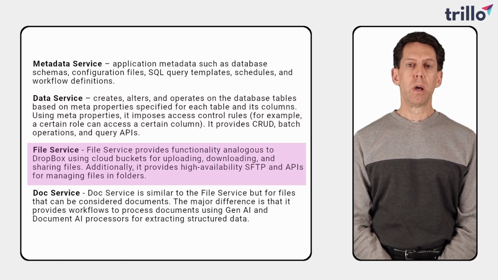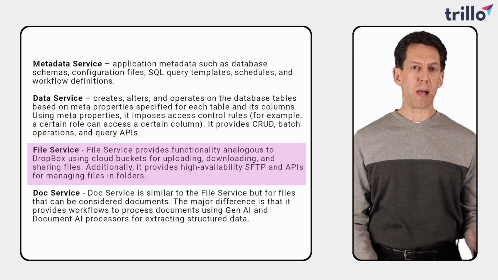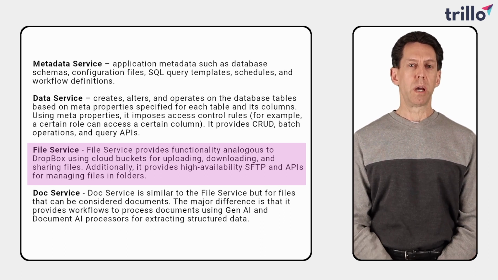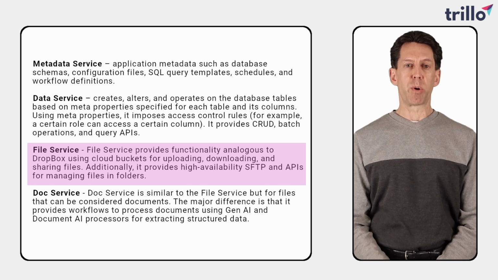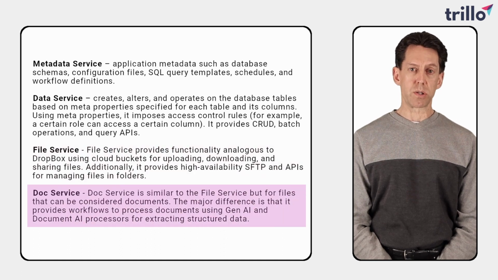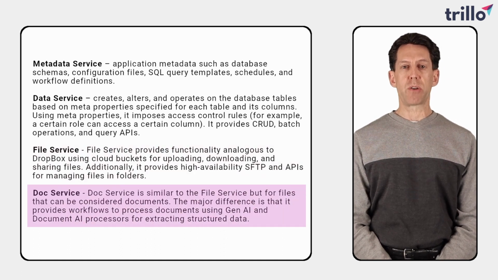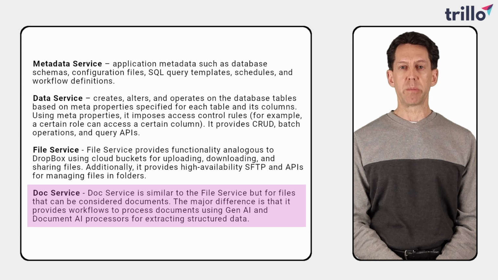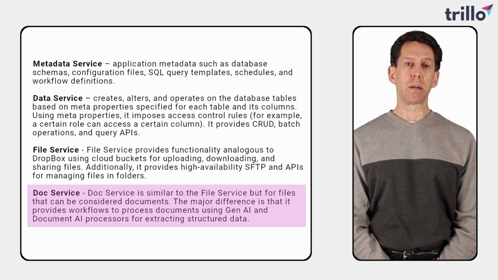File service. File service provides functionality analogous to Dropbox, using cloud buckets for uploading, downloading, and sharing files. Additionally, it provides high availability SFTP and APIs for managing files and folders. Doc service. Doc service is similar to the file service, but for files that can be considered documents. The major difference is that it provides workflows to process documents using GenAI and document AI processors for extracting structured